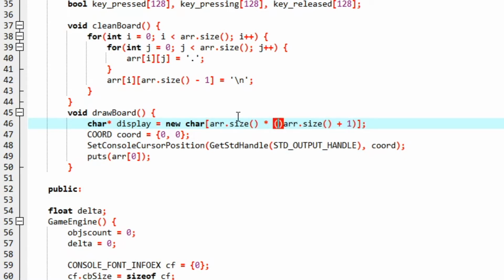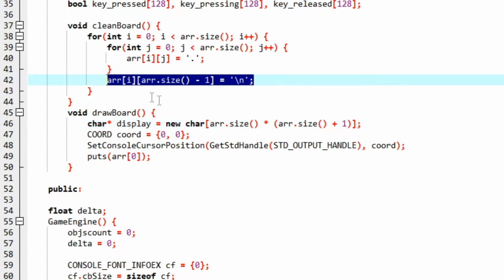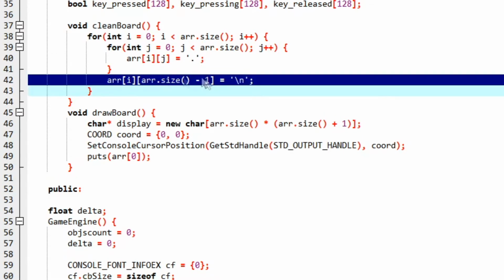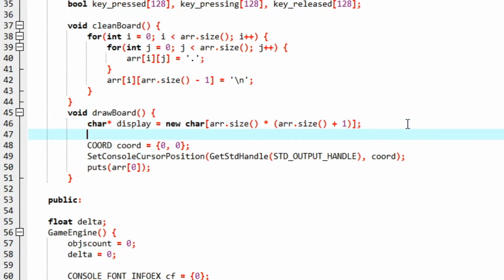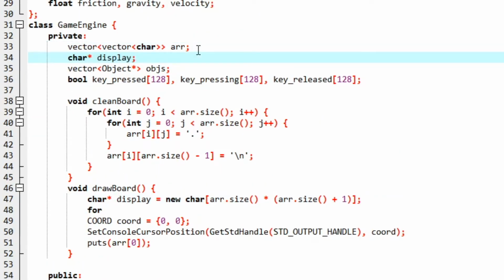Instead of adding end lines here, I'm going to do that here instead. So this will help by not making us add +1 to everything. So we don't need this bit anymore. I'm going to put the end line here, so it won't be a part of our board anymore. It will only be added when I'm going to draw a board. This might be slightly inefficient because I am copying everything from here. I guess that is fine. I can make this a constant array.